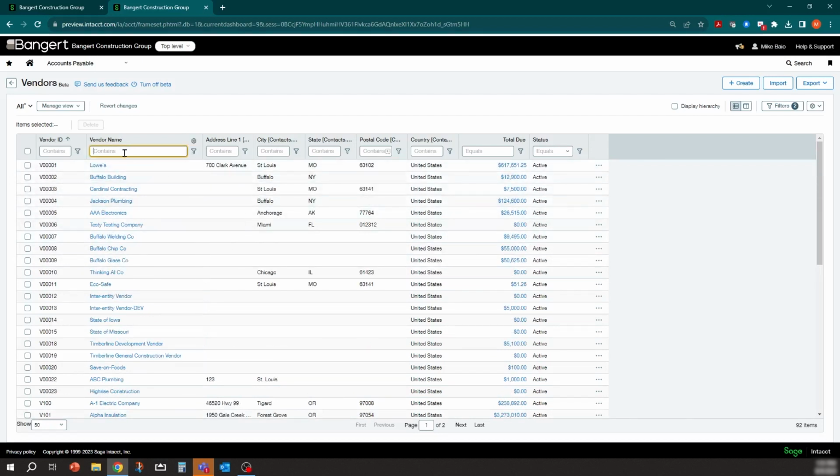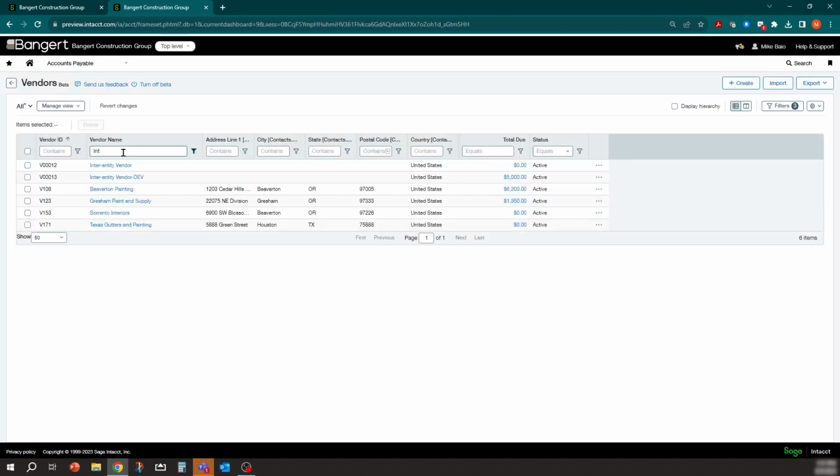And then you'll notice on the search capabilities, it says in light gray here, contains. So what you can do now is if I want to search on a vendor, I can say INT, and now it's going to do that contains search anywhere in the name. You don't have to actually put the % sign anymore. So that's a nice little enhancement as well.